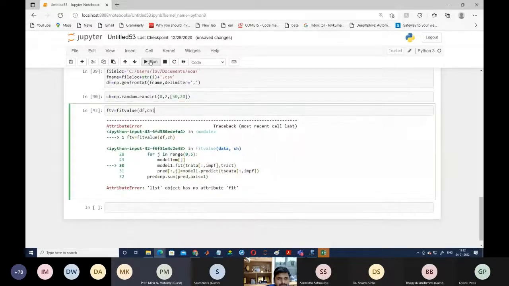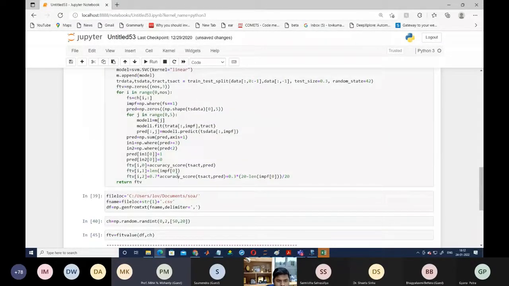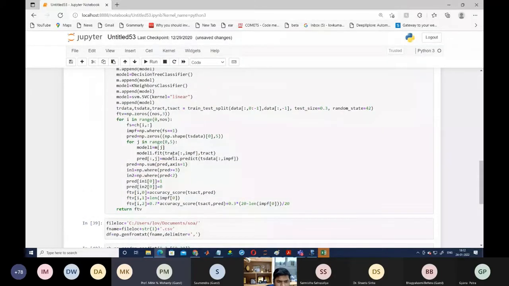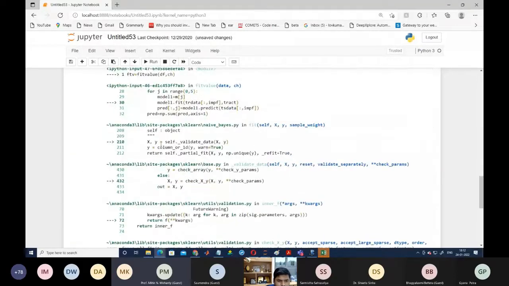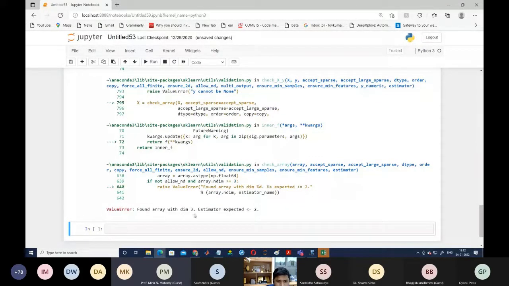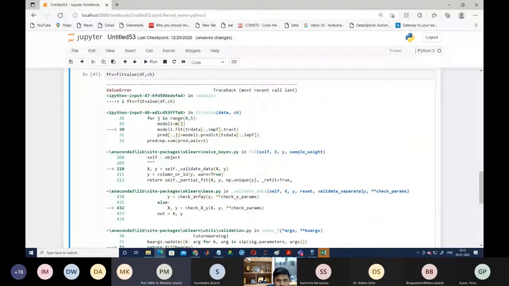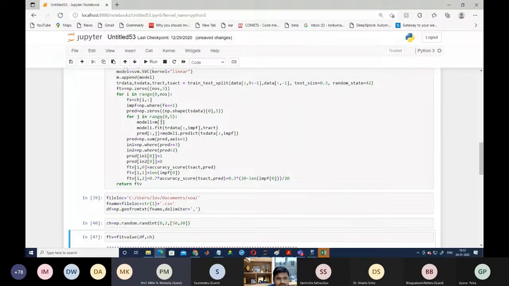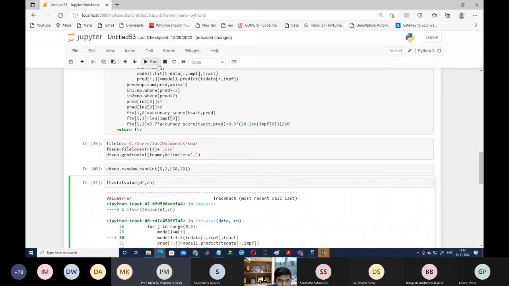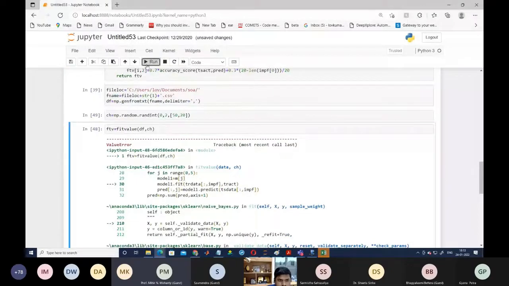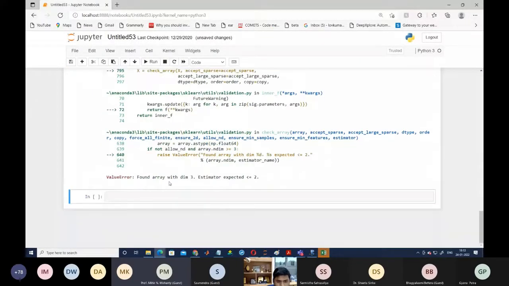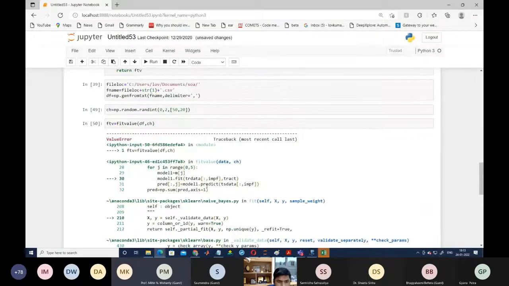Now we have to check again. Again it is coming, tr data is not defined. Tr data. Okay, tr data. Fine. Again it is coming, what problem is coming? So: found the error of dimension 3, but expected something else. Where is it coming? Okay, so model 1 dot predict. So now we have to also check, one second. So yeah, and this one we are going to check, chromosome. So it is coming from the error. Okay, so in which case is the problem coming?